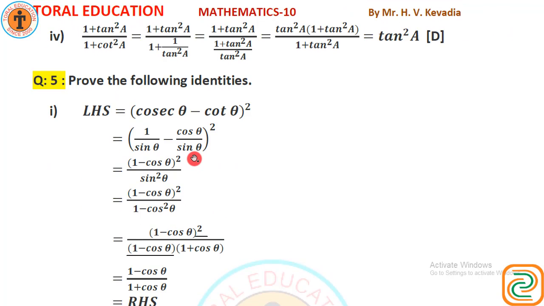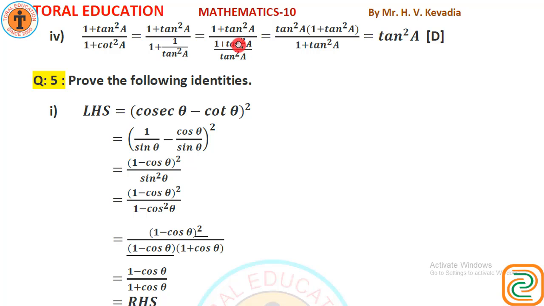Now sum number 4. 1 plus tan square A upon 1 plus cot square A. So I have converted cot into tan. 1 plus 1 upon tan square A. Taken LCM. This one, tan square A. So tan square A plus 1. This is 1 plus tan square A. Similarly, if we write tan square A plus 1 or 1 plus tan square A, both are the same. I have written it in this way.